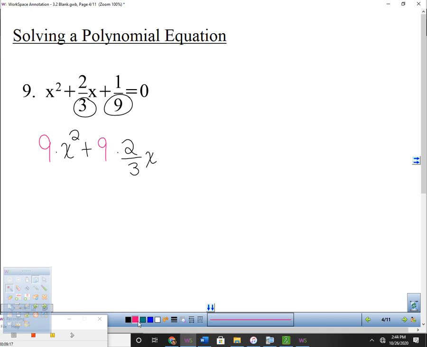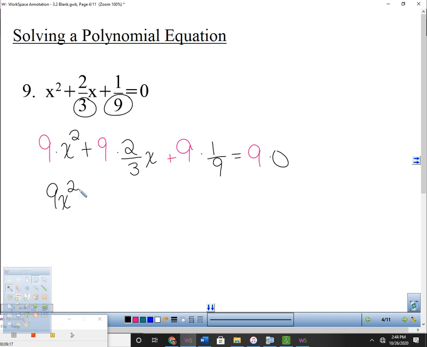And then I'm going to take 9 times the 1/9. And then this time, now we have an equal sign. That's different. So I'm going to take 9 times the 0, even though it's not going to do anything, just to keep things uniform. So you're just going to take that number that both the bottoms go into and multiply by it. Then I'm just going to simplify. So 9 times x squared is just